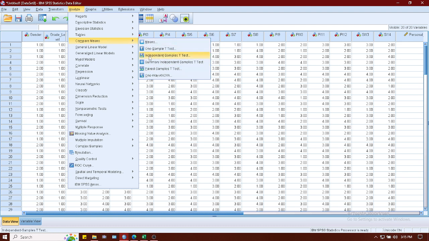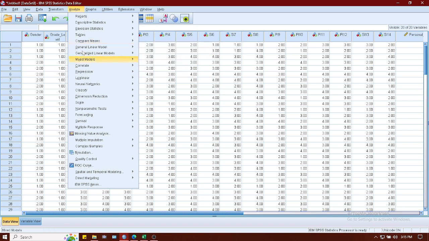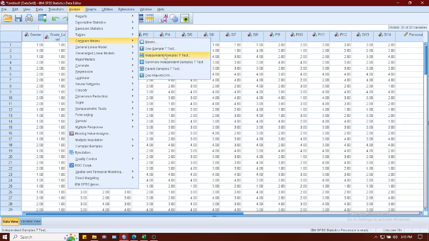Okay, so we have two types that we will be using in this lesson: independent sample t-test and paired sample t-test. We use the independent sample t-test when we are comparing means of two groups. In our case, we will compare the personal interest of the male and female.